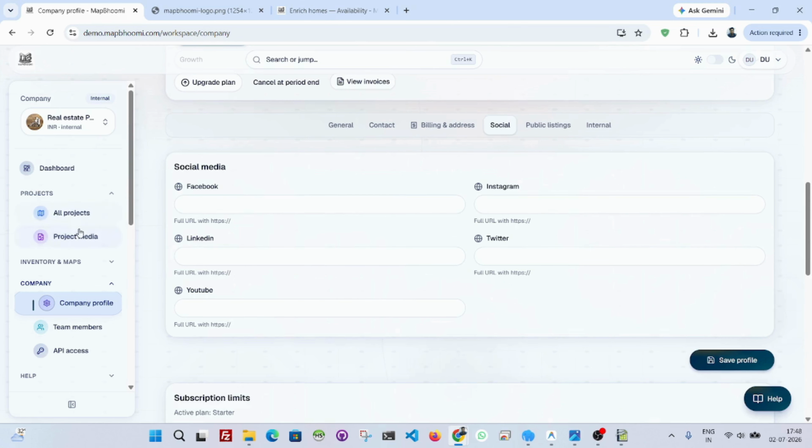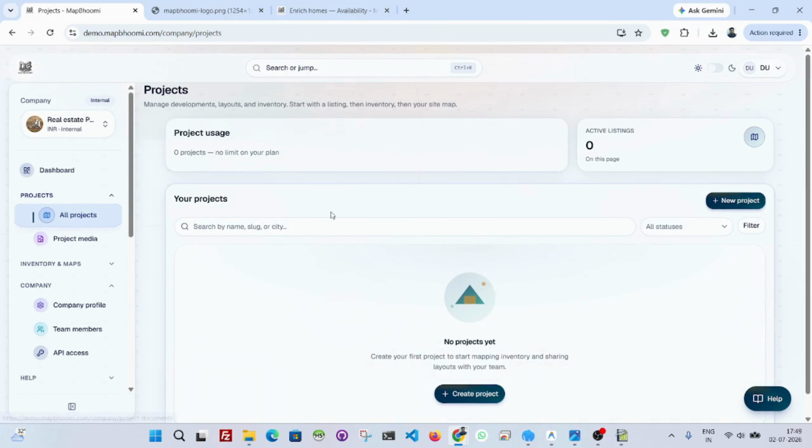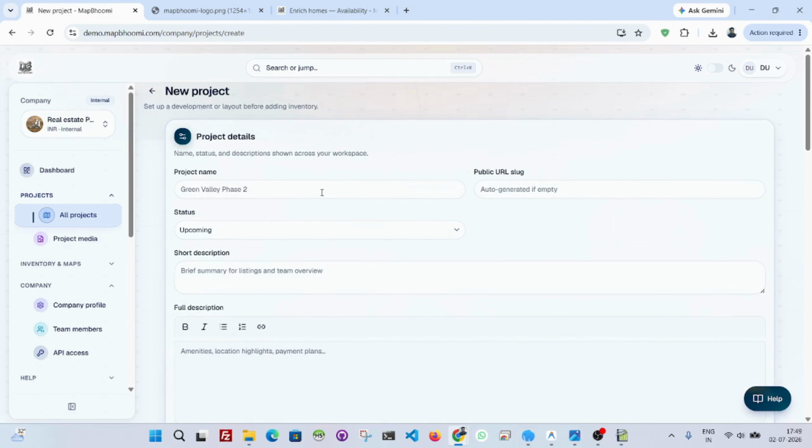Now navigate to all projects. We'll create our first project. Now click on new project. Now type all the information about your project, like